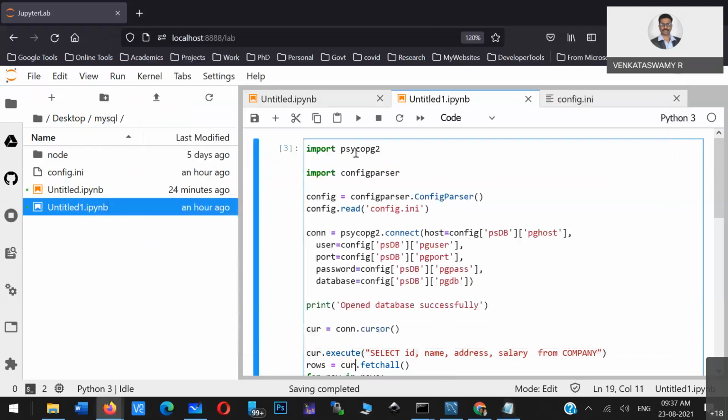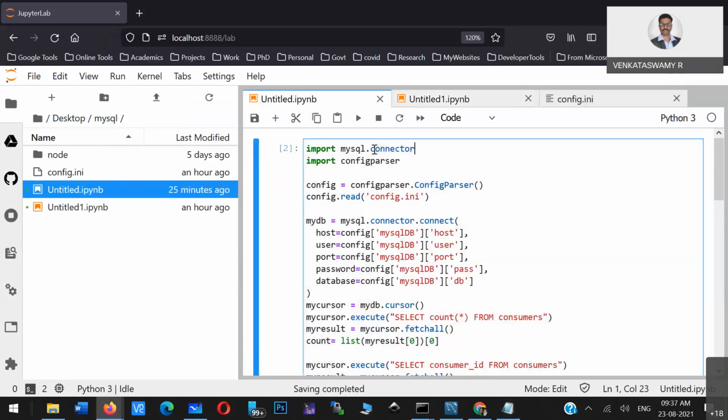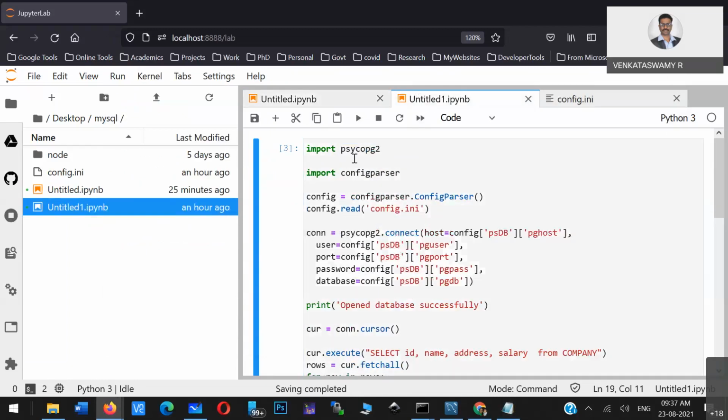Similar to MySQL, where you use mysql.connector, the equivalent here is psycopg2. This is the connector you have to use to connect to a PostgreSQL database.